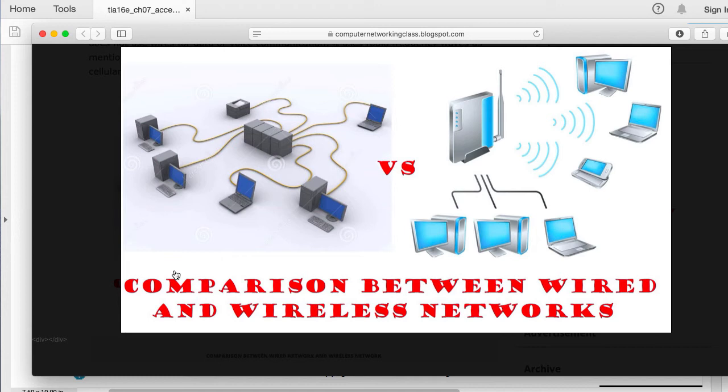Now, regarding the other components, they follow different standards, different protocols, but they do the same thing. For example, you need obviously your computer. You have your computer, whether you're using a wireless or wired network.